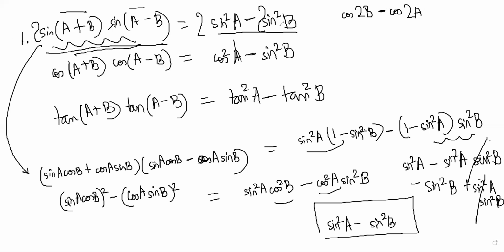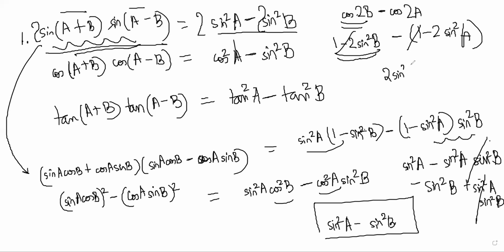So how will you prove this now? It is very obvious. What is the cos 2B formula? Cos 2B can be written as 1 minus 2 sine square B, minus (1 minus 2 sine square A). We have already discussed this, no? Double angle formula for cos. Yes, sir, we did. There are 3 versions of it. One is cos square minus sine square, one is 2 cos square minus 1, and one is 1 minus 2 sine square. So as soon as you put that, 1 and 1 get cancelled, and you get 2 sine square A minus 2 sine square B, which is what you wanted to prove.